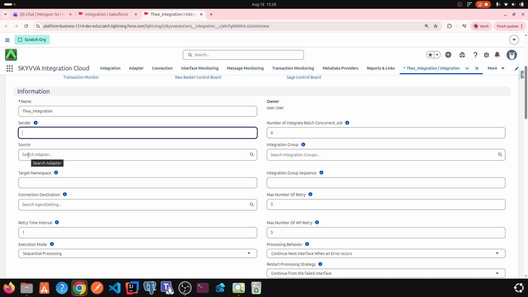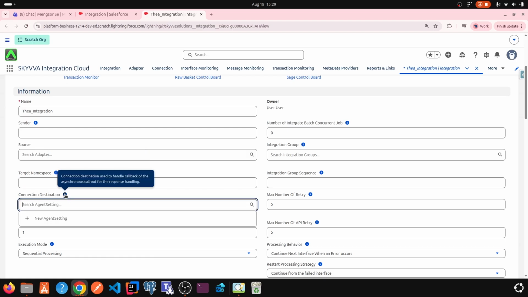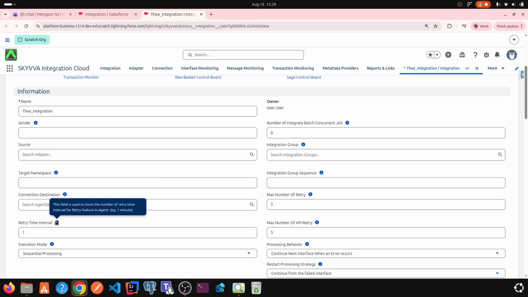Source. The source field contains source-related information for the integration. Target namespace. Target namespace defines the target namespace used when exporting Salesforce WSDLs, particularly for PI integration scenarios. Connection destination. Connection destination defines the connection used to handle the callback response of an asynchronous callout. Retry time interval. Retry time interval defines the waiting time between retry attempts performed by the agent. Default value is